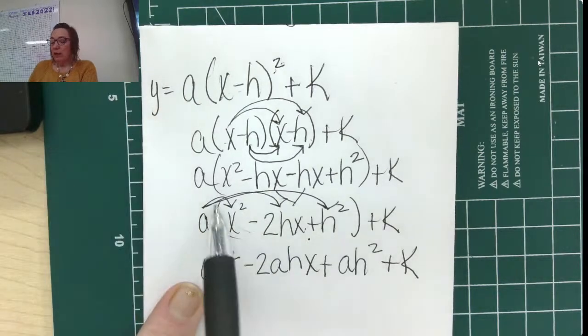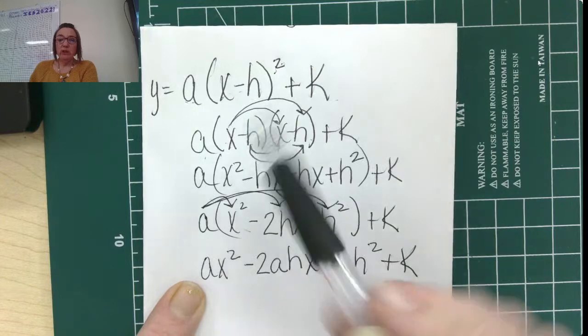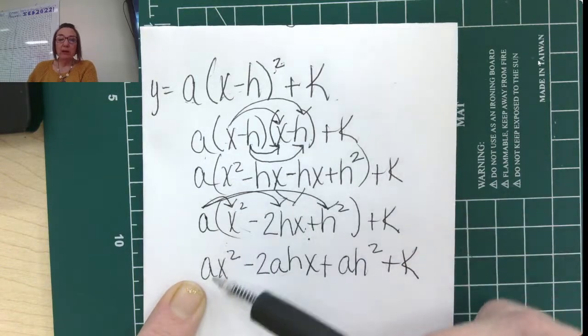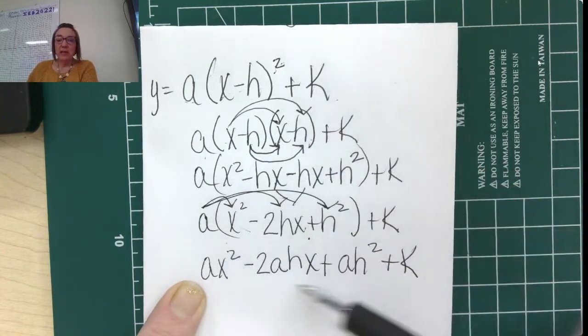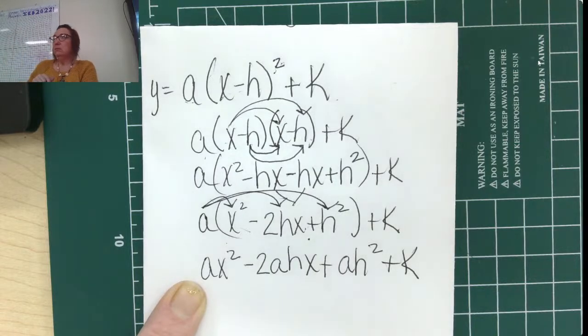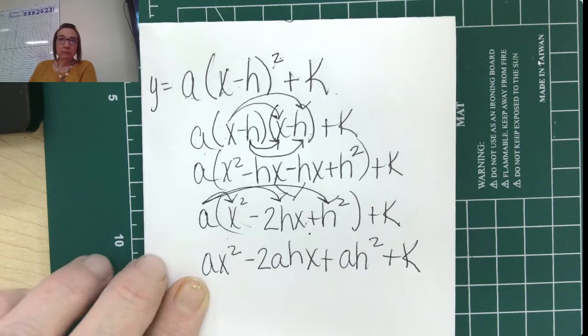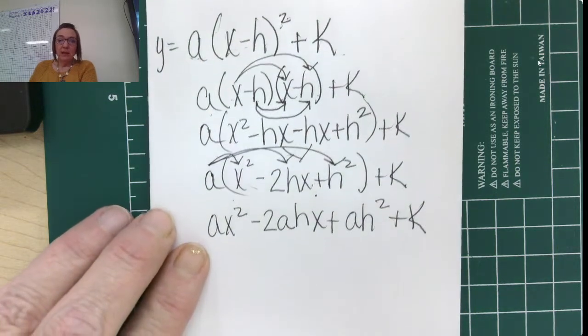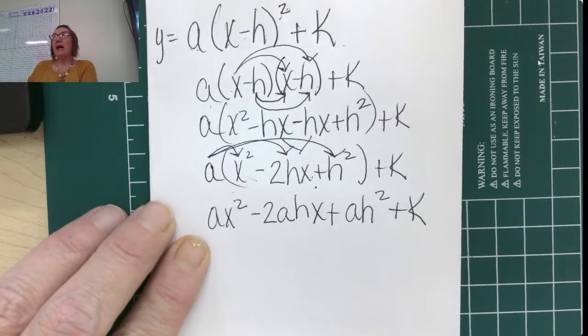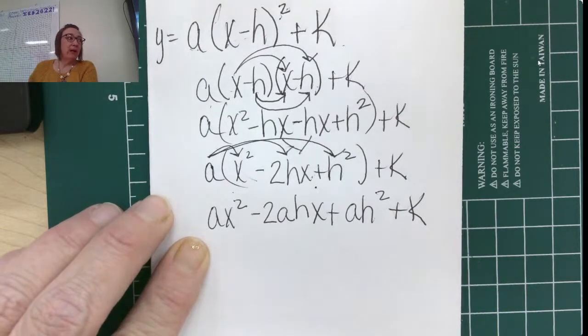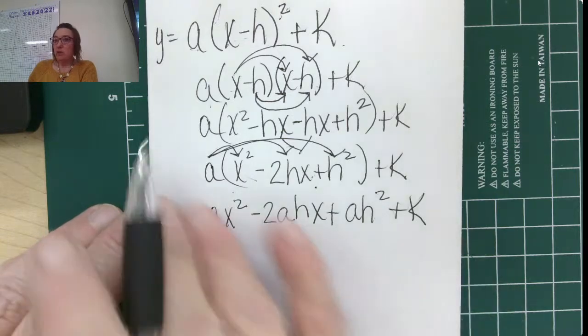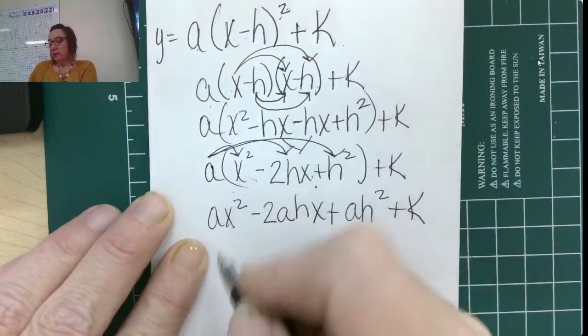All I did was take this original equation and multiply it all out to get rid of those parentheses, and then combine like terms. Now, let me show you why I did this, and why I told you don't have to worry about writing this down. Because we're going to use that